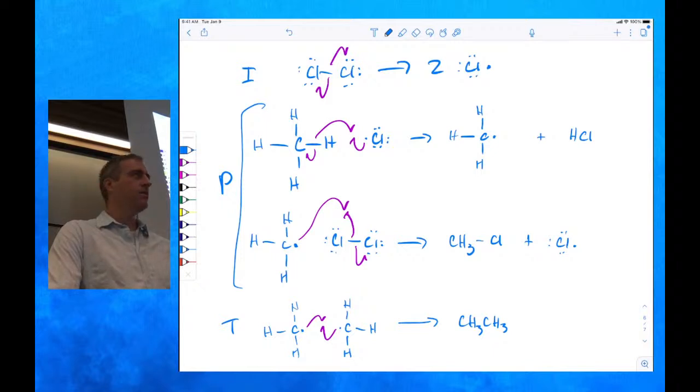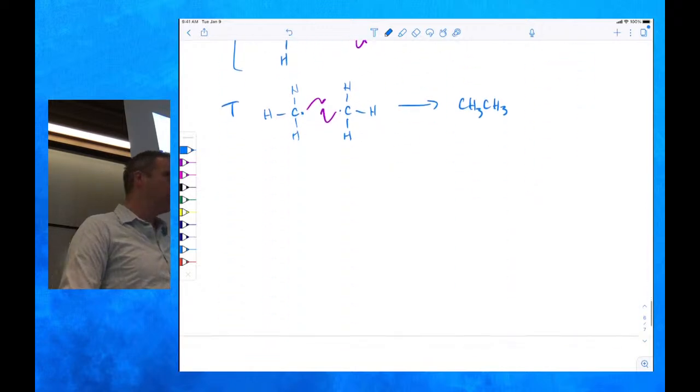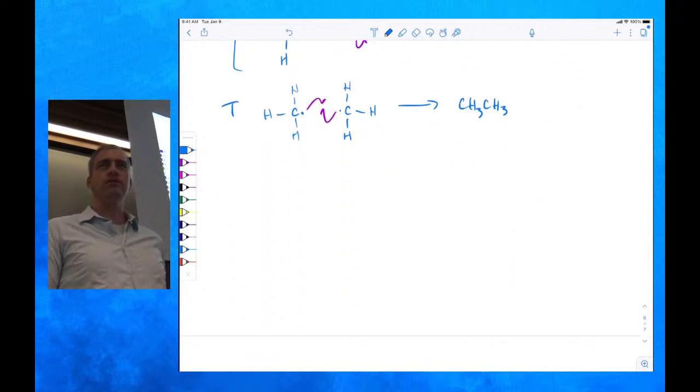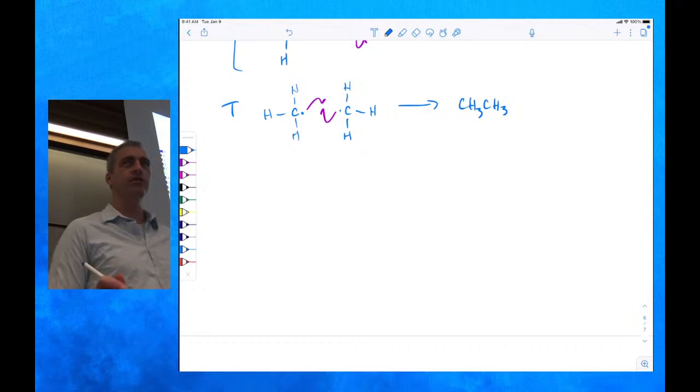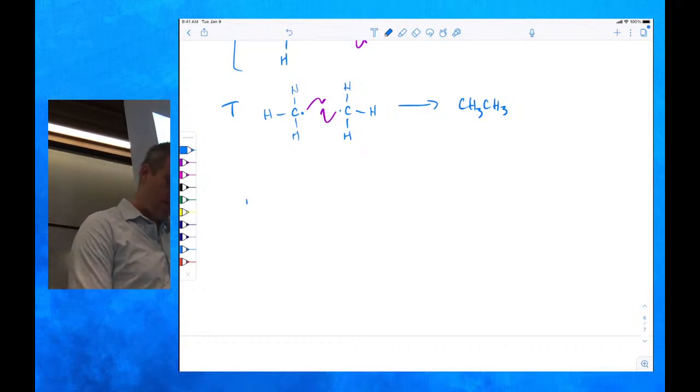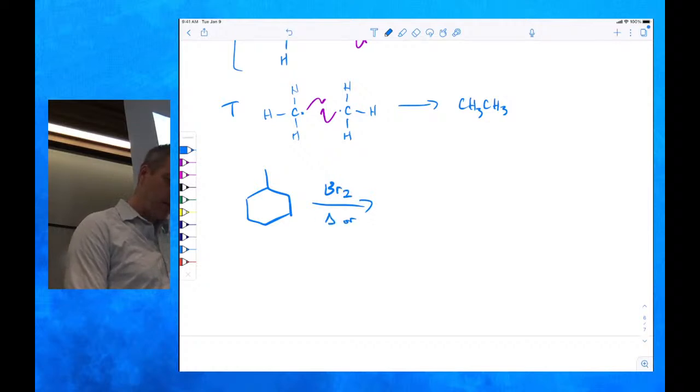All right, so unit 9, we did this reaction. We did addition of HX. Is that all? Oh, yeah. There's also bromination. So if you do this same thing with Br2, it doesn't work with F2, it's too vigorous. It doesn't work with I2, it's too sluggish. But if you have Br2 in the presence of light or heat,